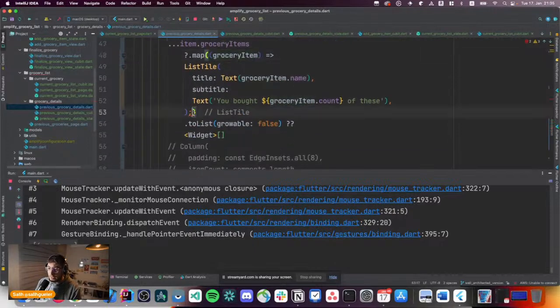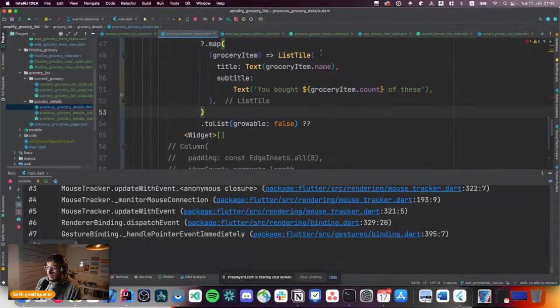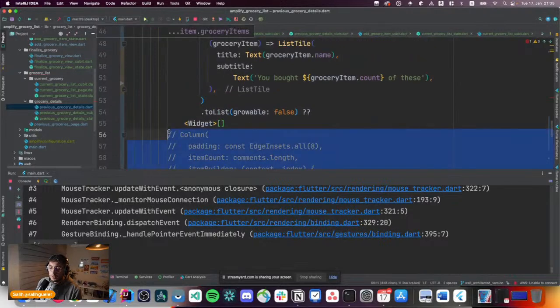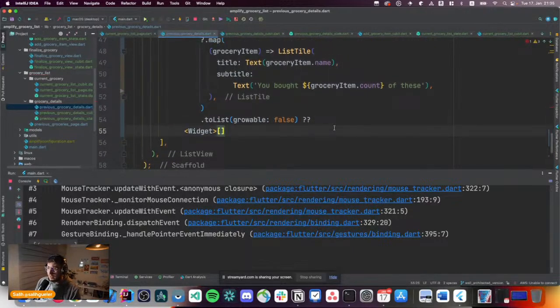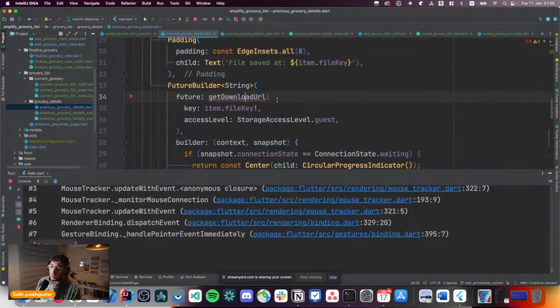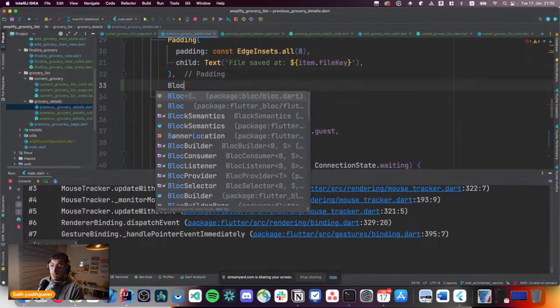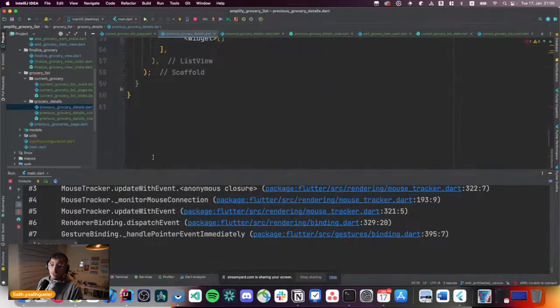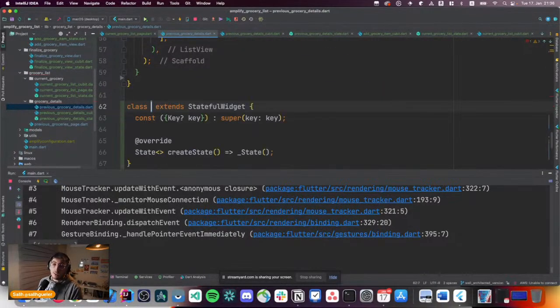And you can see that we created a grocery item like we did before, and we do not need to create all the other stuff that we needed. And the last thing that we need to take care of is the download URL. The download URL is required to get the image to be shown. And the nice thing about it is that we can use a block builder right in here just for this purpose. Or even better, we can create a brand new stateful function to show,